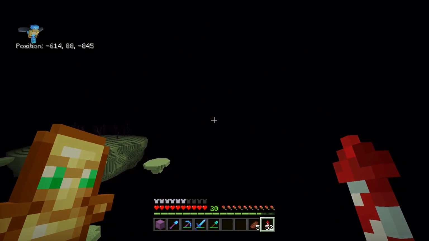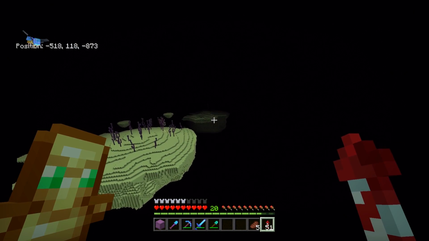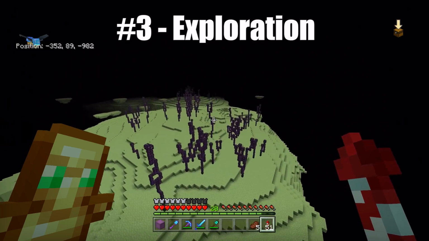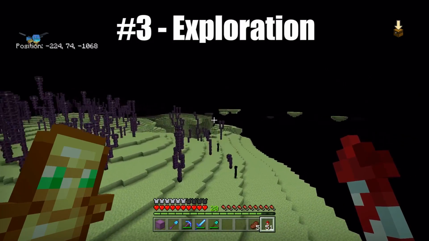Okay, so I'll be honest, that was one of the most terrifying things I've ever seen, just flying into a black wall of death. But yeah, flying around the end is a really great way to find yourself some of these end cities. Obviously, you can do this on foot, and I recommend actually doing it on foot with a proper pathway. That's what I do most of the time, but since we're doing it kind of quickly at the end here